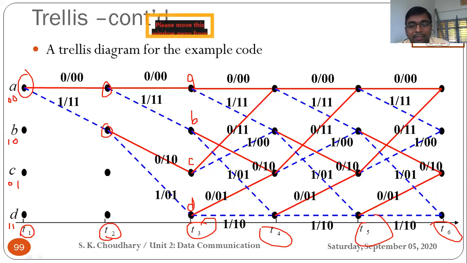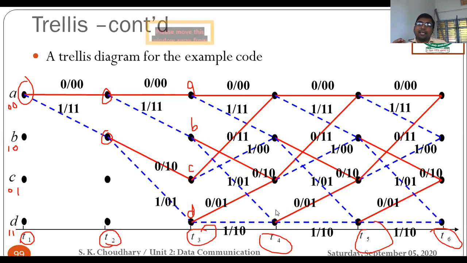So from A there are always 2 possibilities, input 0 and 1, it would go either to A or B. From B it is always a possibility to go either to C or D. From C it always goes either to A or B. From D there are 2 possibilities, either it goes to C or remains on the same D. That we have already seen in the state diagram. So if you refer to the state diagram or lookup table that we have drawn, on the reference of that you can easily draw this Trellis diagram.